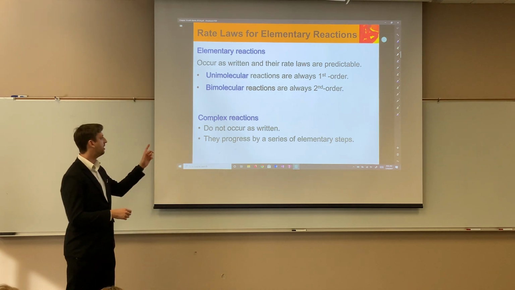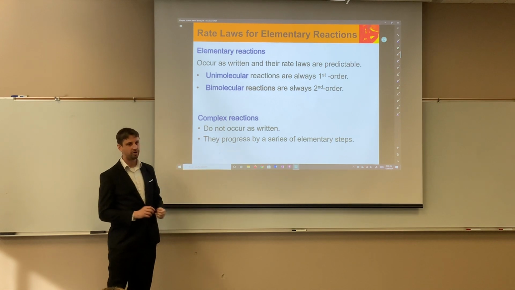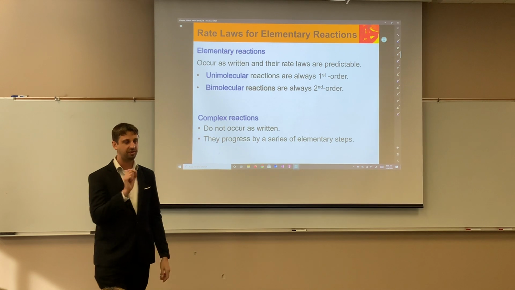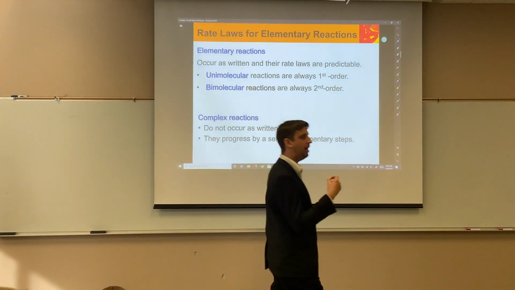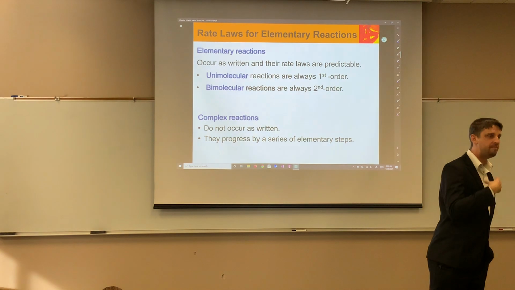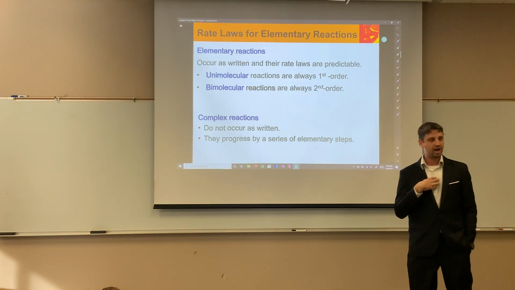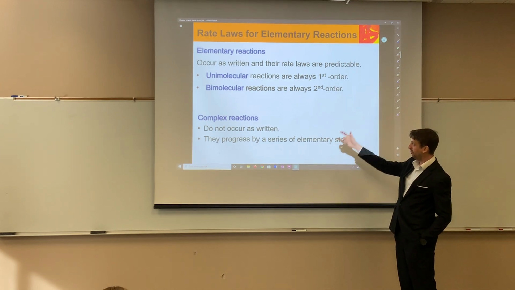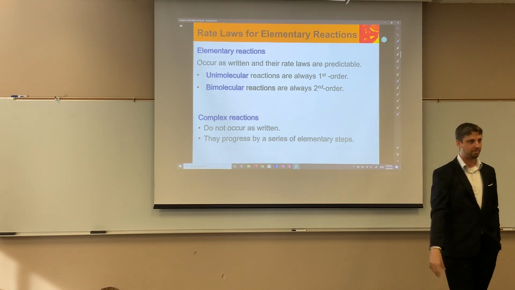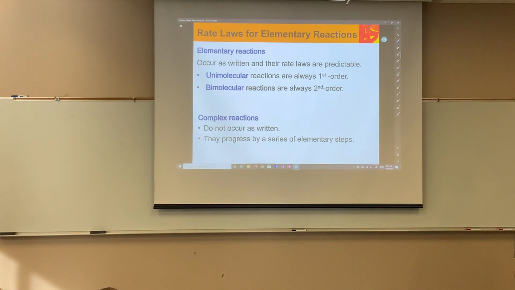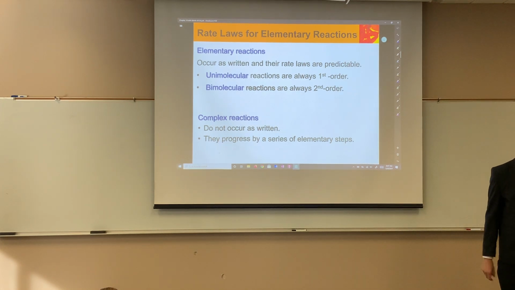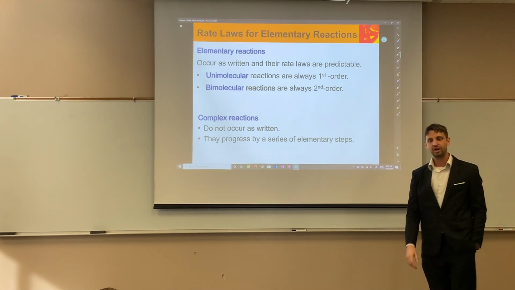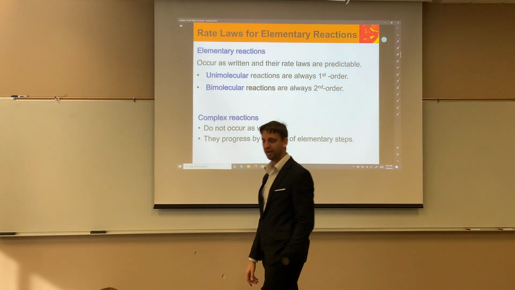Hold on a second, please. Complex reactions don't occur as they're written, but we can break them down into the elementary steps. Do you guys catch what I'm saying with this? No matter how complex our reaction is, the mechanisms that we can derive or propose are all just a series of elementary steps. What are elementary steps? They're either unimolecular or bimolecular. And we can express a rate law for those. That's going to be the key part. This right here and the information up there is going to come together to help us solve the individual rate laws and get rates for complex equations.